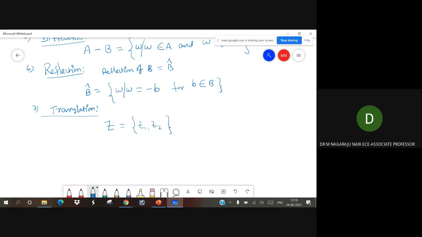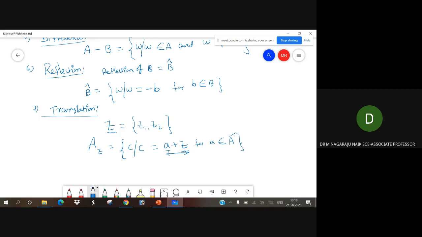So the set A with the translation of Z, A sub Z, is equal to all the coordinates C such that C is equal to A plus Z, for A belonging to set A. So these are the translation parameters that translate your coordinate of A. A plus Z is nothing but a translation, and all this belongs to set A.